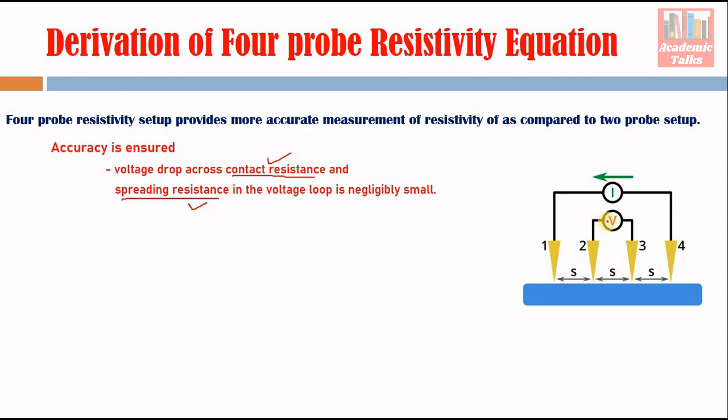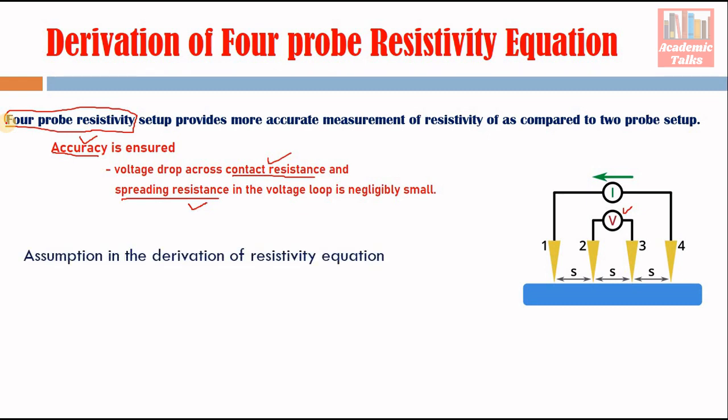So whatever voltage we are measuring here, this voltage is actually the voltage which is appearing in the semiconductor, and this is the advantage, and because of this, accuracy is ensured. We get more accurate results in case of this 4-probe setup, right? Now,